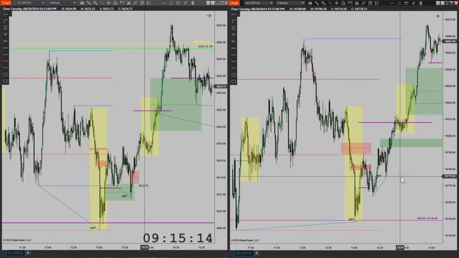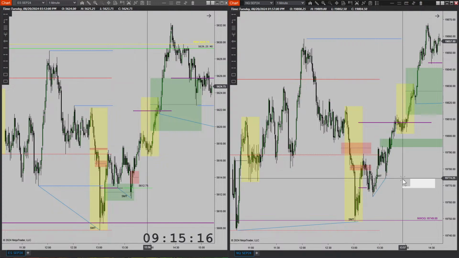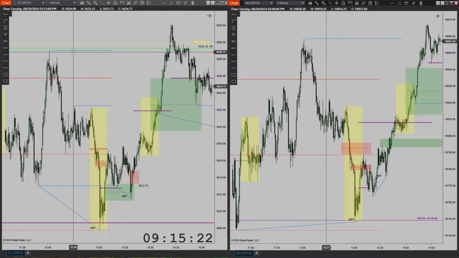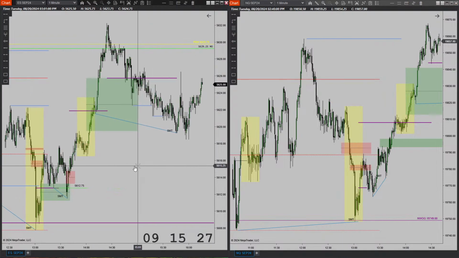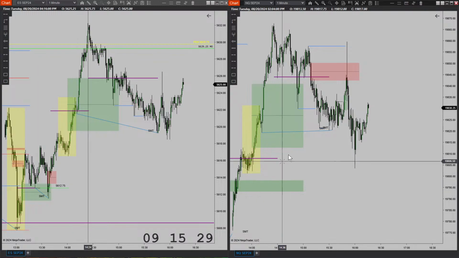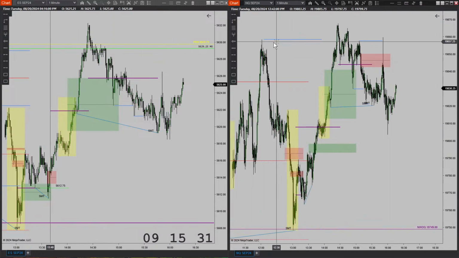Again, just tiny little mistakes here and there, but my bias was correct. I went in with my bias. I could have entered multiple contracts to cover my last one up here, but obviously that didn't happen. Last play of the day was pretty good actually also.